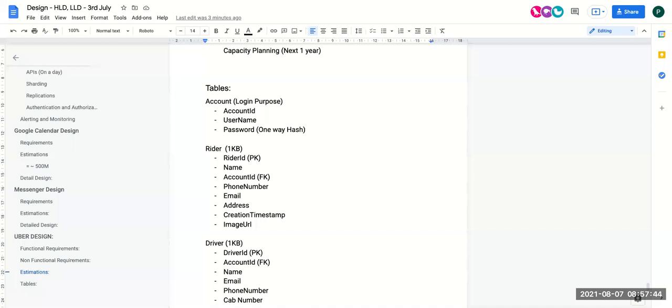See, generally when we design something, we don't take a lot of requirements because we want to make sure that we cover most of these details within 45 minutes to 1 hour. If we keep increasing the scope of the requirements, we won't be able to cover everything in 45 minutes to 1 hour. You can consider that as another requirement, and based on that, you can work on it.